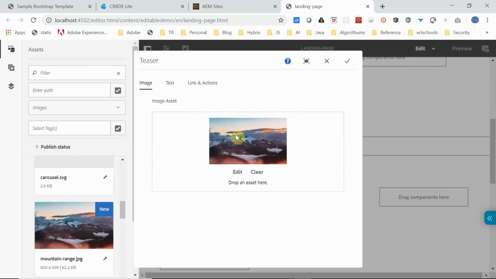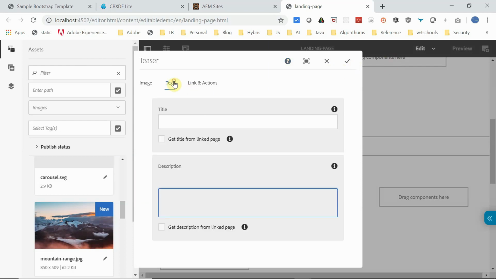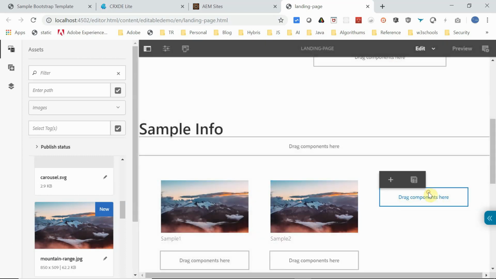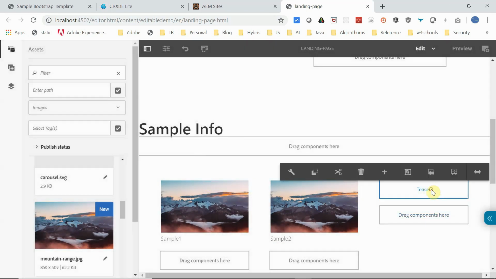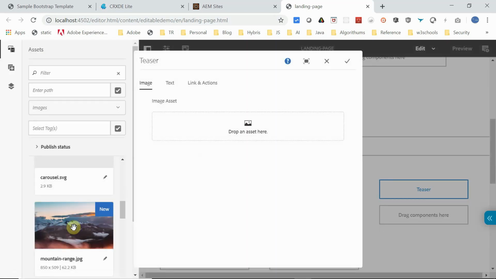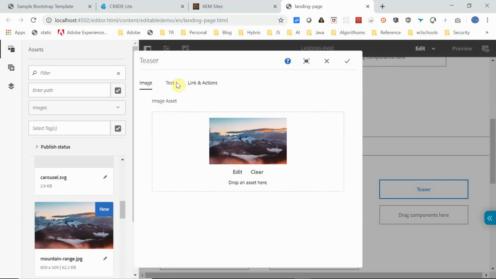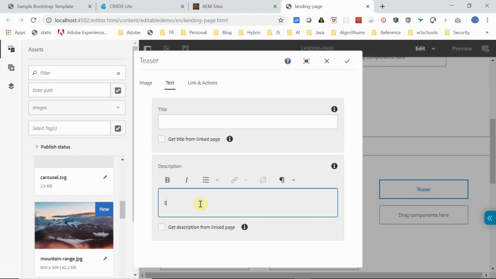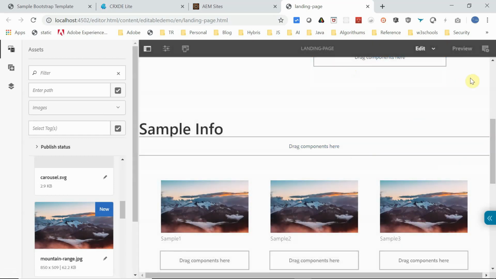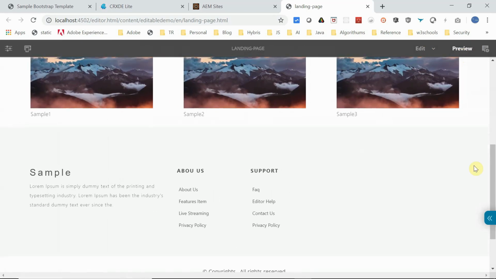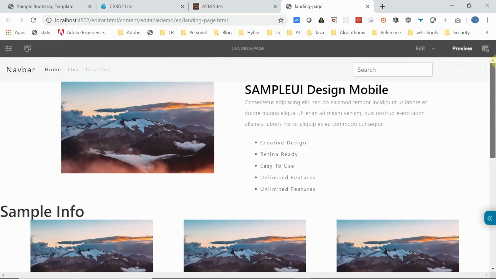Any other image you can give, I will go with this text sample 2. Teaser, configure, drop text, sample 3. Okay, done. Now if you preview this page, yes, it's looking exactly as we are expecting.